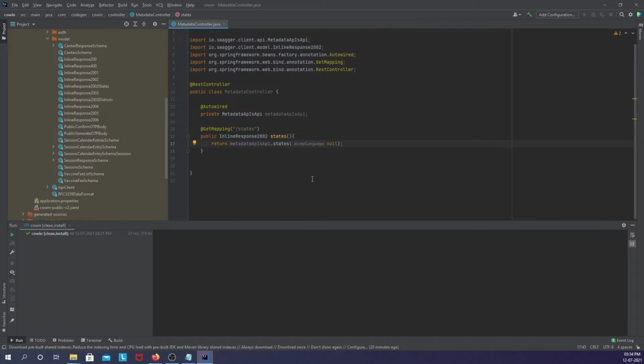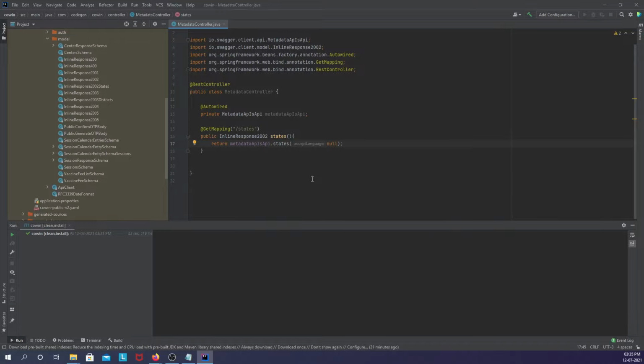Okay, so we are ready with this. We have included the Swagger CodeGen plugin, and generated these API endpoints and the API classes. Once we have registered them as Spring Beans in the configuration class, we have written a custom controller to invoke an endpoint in the sample API, the metadata API.